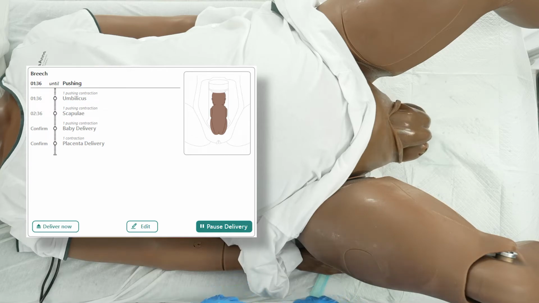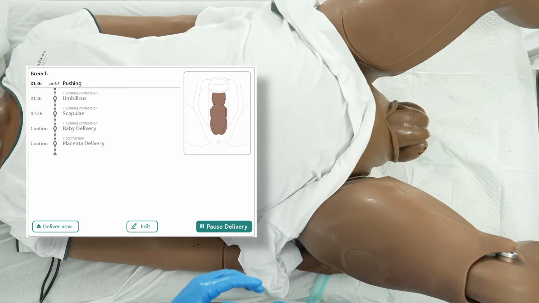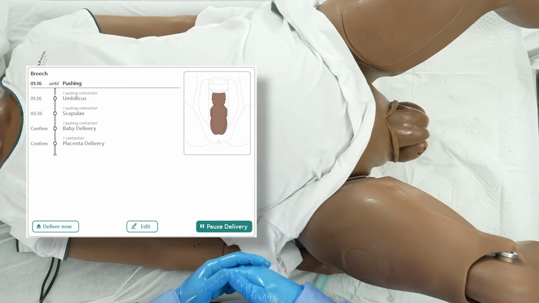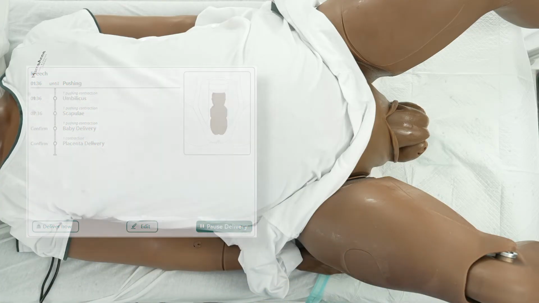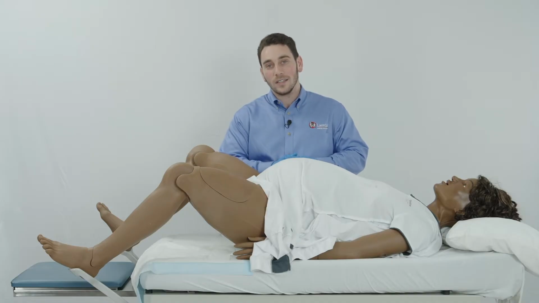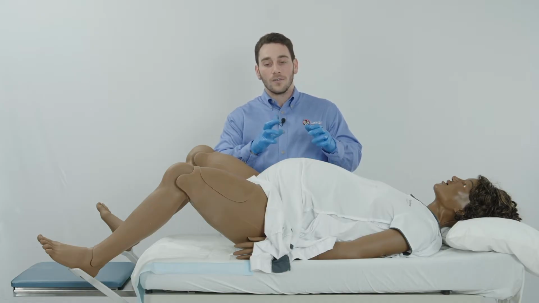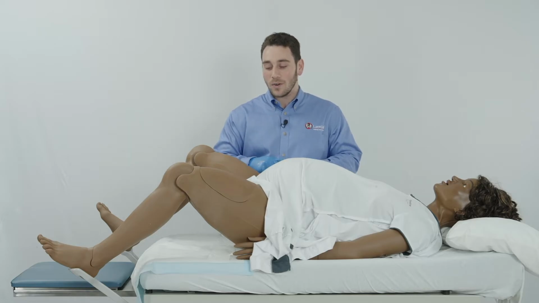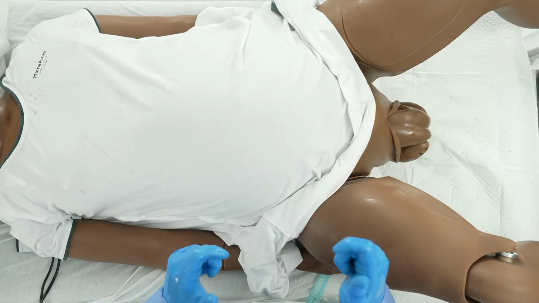One nice feature that you have in LEAP as well is the ability to deliver now. So if your simulation maybe was supposed to be 15 minutes long and you wanted to quickly switch to, oh no, that baby's coming right now. So you can click deliver now and it'll go ahead and deliver the baby fully. You also have the ability to change the distances and the rotation of where that baby is after each contraction within some of the settings in LEAP. So you can really customize how far and have a lot of control over that delivery.